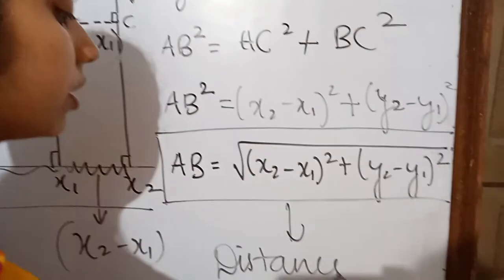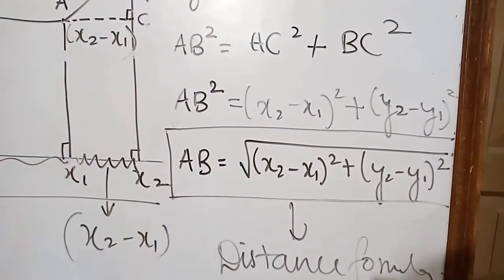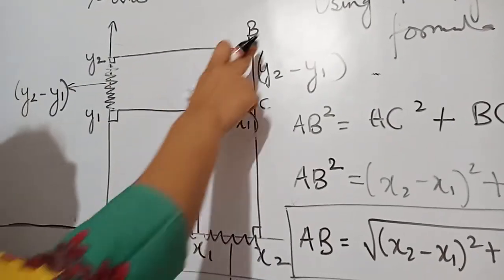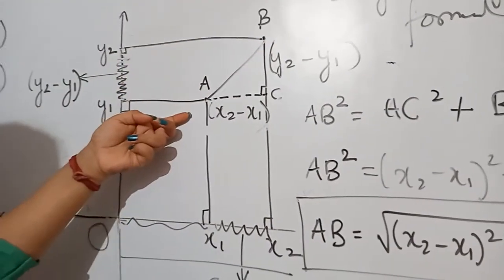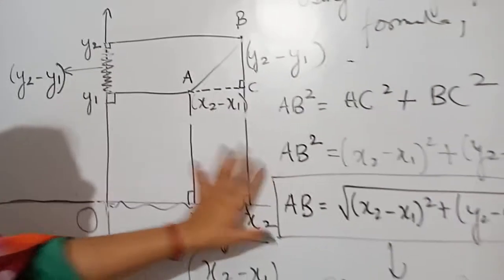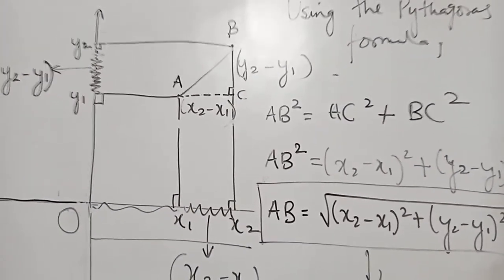This is your distance formula. Okay, what is the distance formula? What is its purpose? To find the distance between 2 points, that is from A to B. Now over here A and B are any 2 points I have taken. Okay, so let us understand this formula and let us practice a few questions based on it.